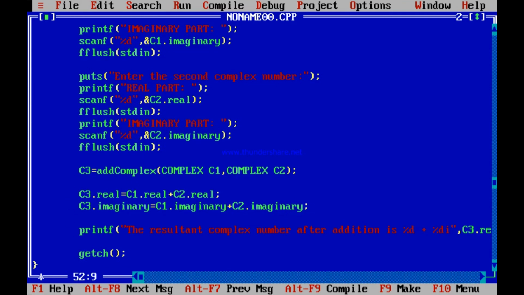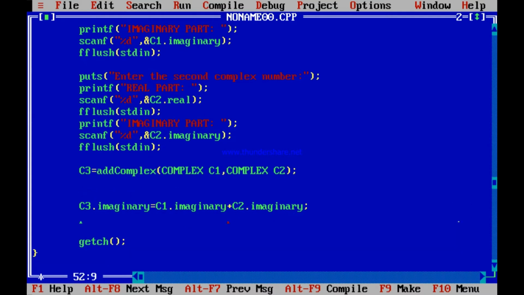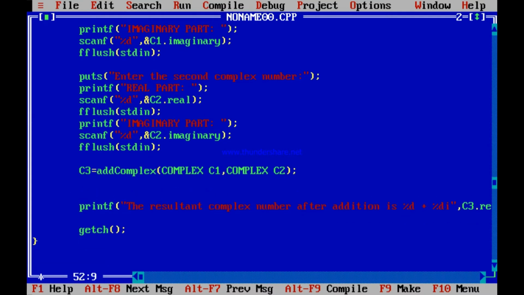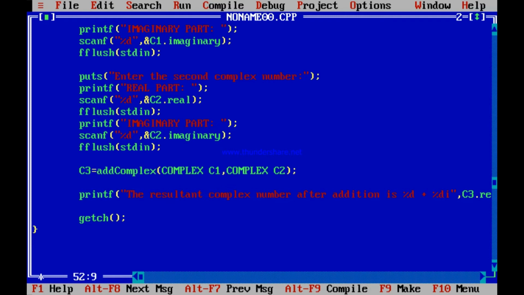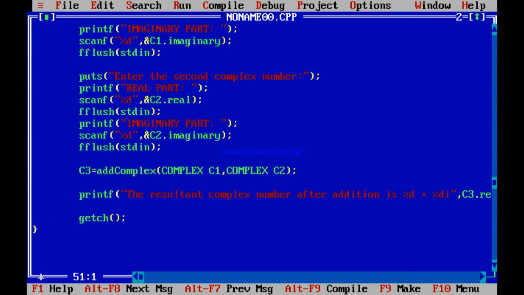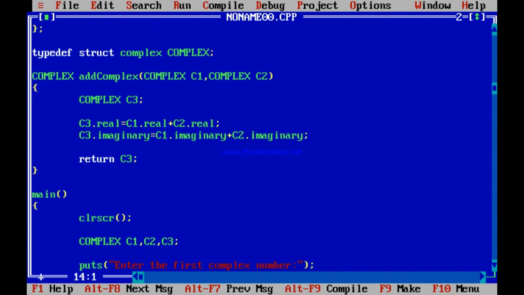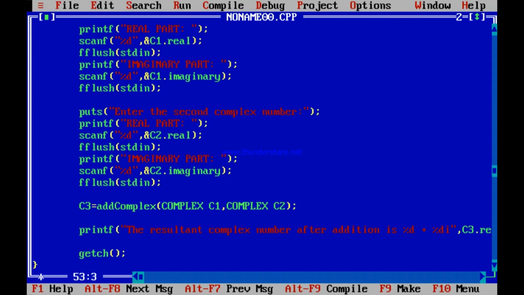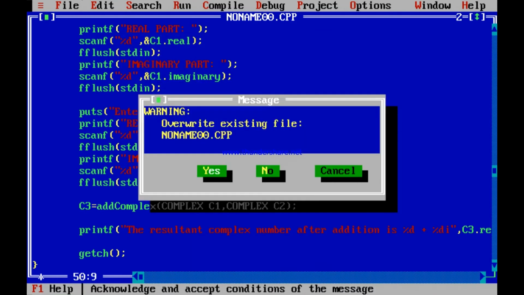And these two parts of code should not be needed because it is part of the function now. Is not it so? So here we have got this C3, and then this C3's real and imaginary parts are printed. You understand this? This is quite okay. So what have I shown over here? That you can also pass structures to a function. Not only pass structures to a function, you can return structures from a function also. And these are the structure variables you have passed, and you have received the result over here. Let me save it and try to run it.